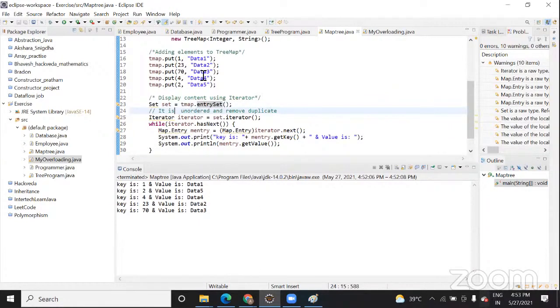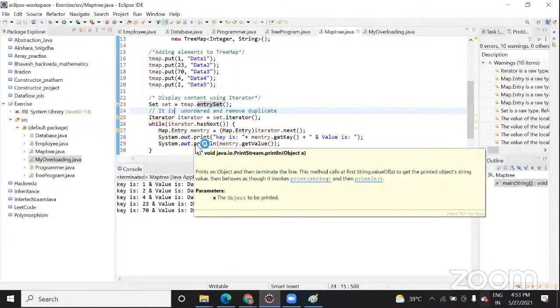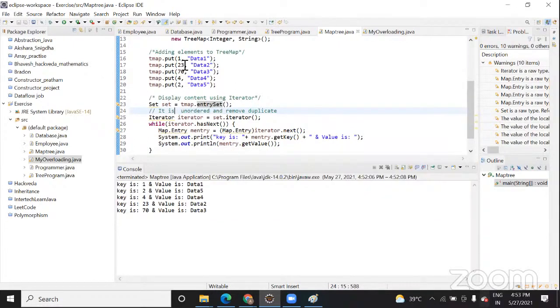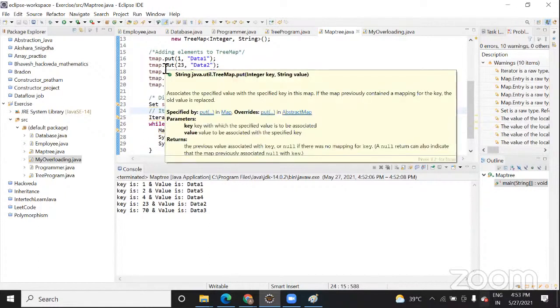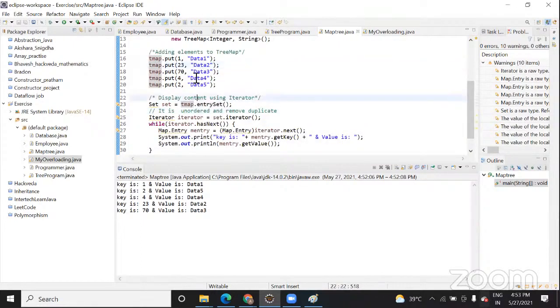They will access the elements as they find them first in memory, or based on the key they will find the data. They will not work in the order that you have inserted the data. That is why I said it is unordered. The way you put the data in, it's not necessary that you will print or read the data in exactly the same way.